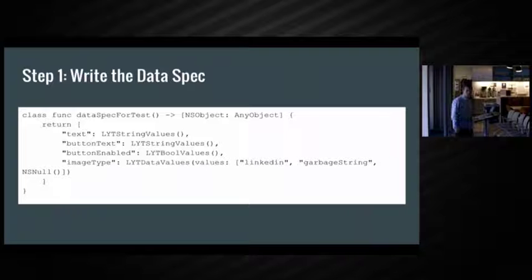Basically, what the framework will do is it will take this data spec and replace these with real strings and ints and bools and things like that. By using this, it can generate a bunch of different combinations of the data. So it can test a bunch of edge cases. It can test a normal length string, an empty string, a really long string, null, can test negative numbers, positive numbers, 0, stuff like that.